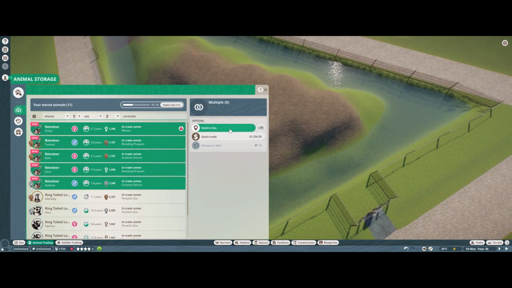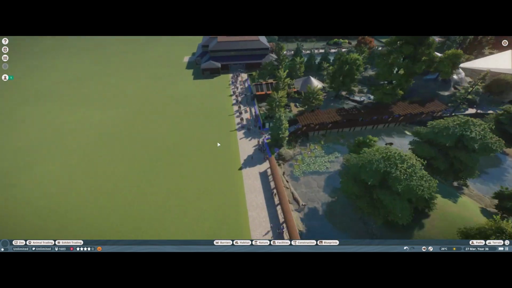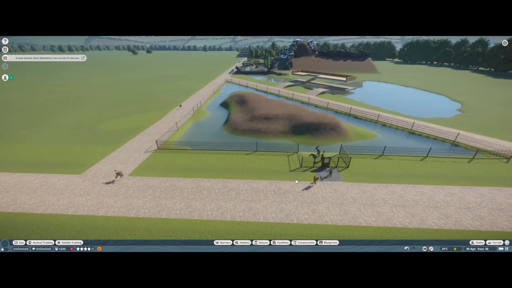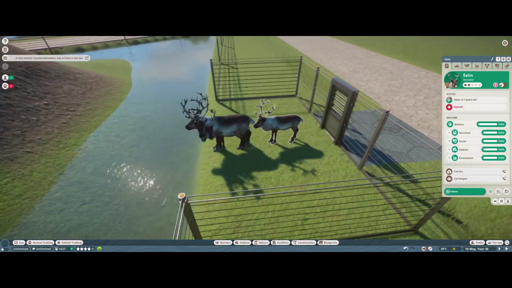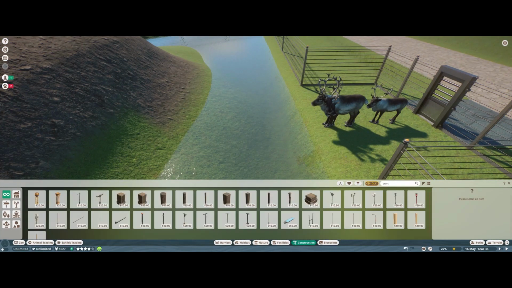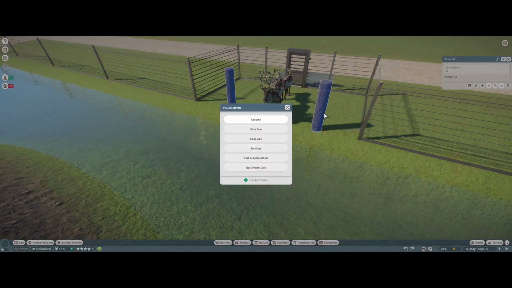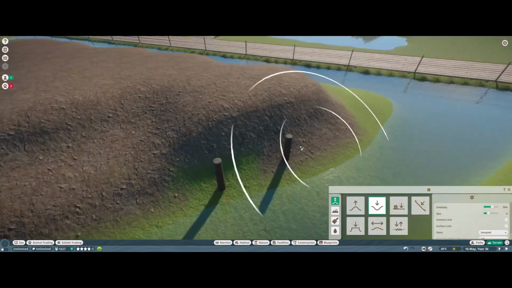Something I like to do, or at least something I've learned to do, is to place the animal in the enclosure before you start building it. This way you can watch the requirements for the soil, or I guess the terrain. You can watch the requirements for the plants, and you can also watch how their nav mesh gets generated, which is really important, especially when you have to build a bridge like this,